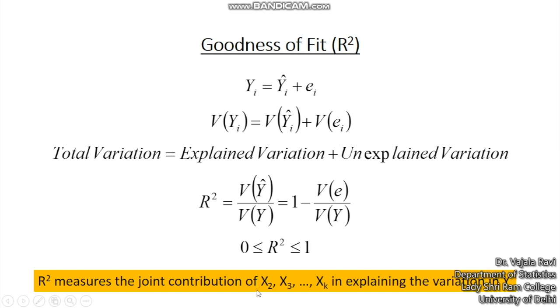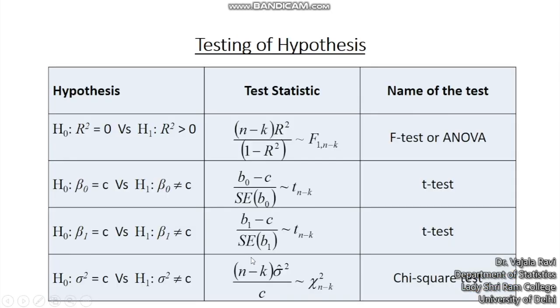It is always the joint contribution. You cannot say x2 contributes how much, x3 contributes how much, xk contributes how much. You cannot say that. It's always the joint contribution. So R square in the vicinity of 1 is a good model, R square in the vicinity of 0 is a bad model. And in order to check whether the regression is valid, we have this hypothesis testing, the ANOVA